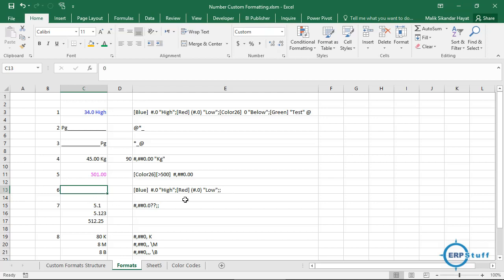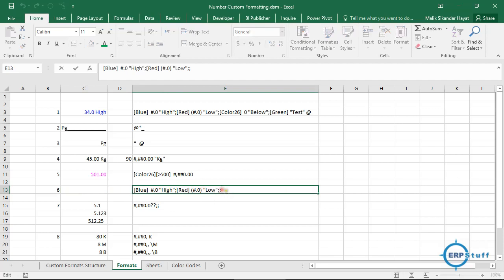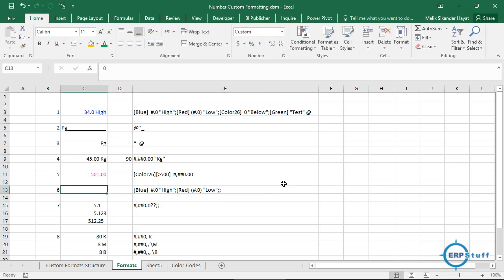Okay, now let's say for example you don't want to show some values, so you will enter this semicolon just without any formatting. What it will do is suppress that. So here I entered 0, it is not showing 0, but if I enter 1, it is showing 1 high. See this one, this high, before the semicolon. If I enter -1, it is showing low in parentheses. But if I am putting 0, it is not showing because 0 I suppressed here. This is how it works.